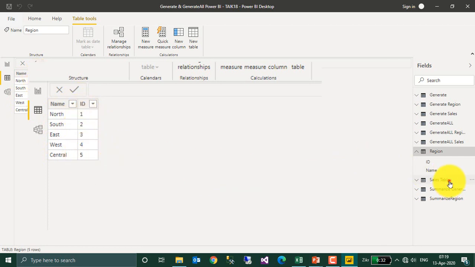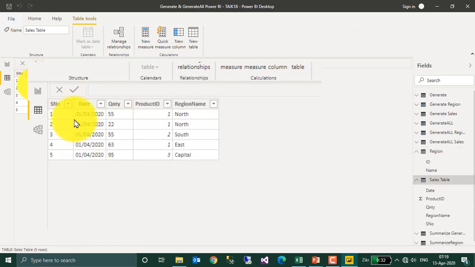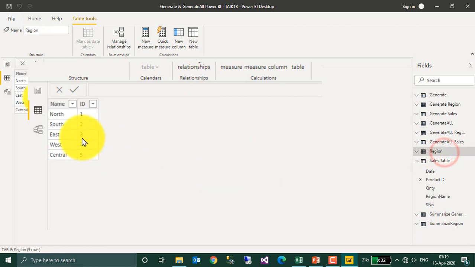The sales table also has 5 rows with the date and quantity by product based on region. I have north, south, east and capital, 4 regions, whereas in region there are north, south, east, west and central. There is no capital in the region table, and there is no west and central in the sales table.